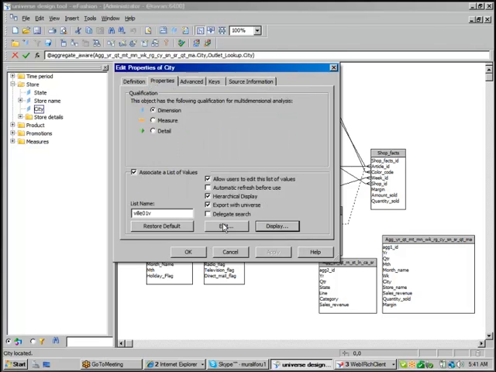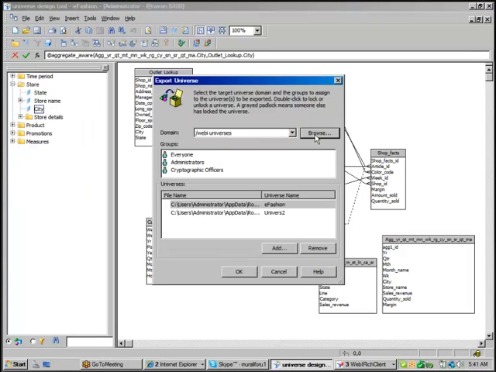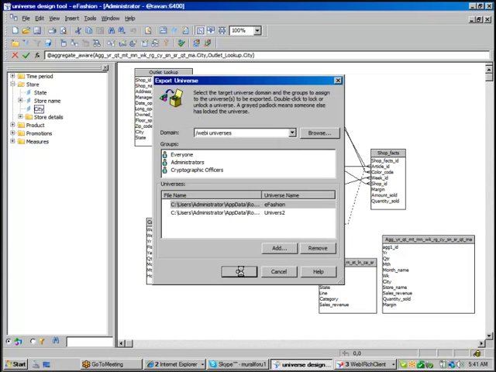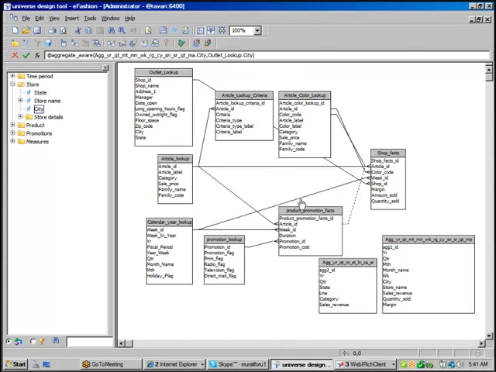Click on OK. Let me save, File, Export, browse to the WebI Universes folder. Click on OK. That means now I applied cascading functionality for state, city, store.